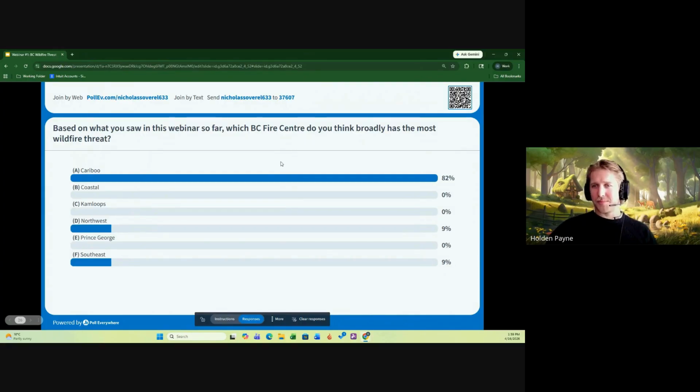A lot for the caribou. Wow, that is confirming to me and confirming to us. So it seems like pretty overwhelming caribou, which is nice to see. I don't need to spend much time on it, and a little bit in the southeast, which is something we've certainly started to think about after this analysis. So let's move forward to methods.